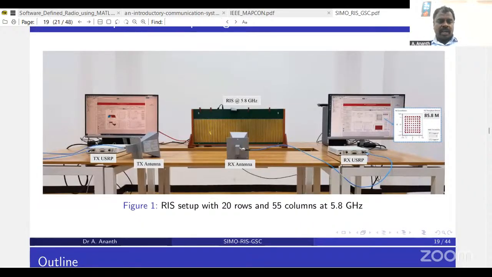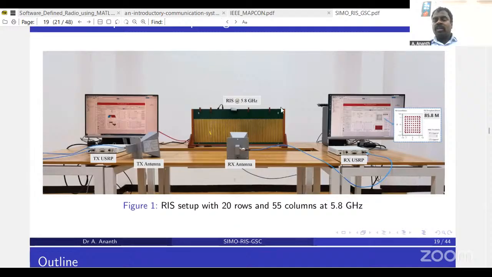So you can see here you have a transmitter end with a transmit USRP or SDR, software defined radio, which is connected to the computer. You can also see a transmit antenna, which is a horn antenna focused towards the RIS. The operating frequency of the entire setup is 5.8 gigahertz, so something closer to 6 gigahertz. And here you can see another receiver antenna, which is connected with a receiver USRP and a